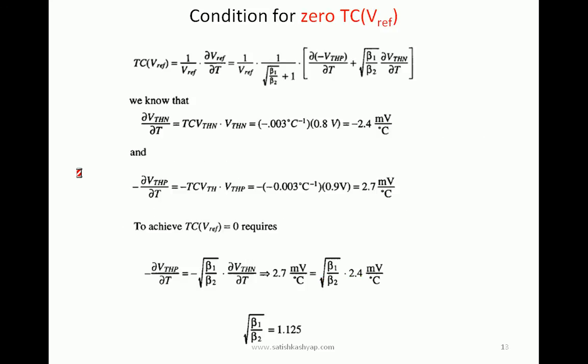Temperature coefficient of V reference, that is the equation, and zero temperature coefficient is nothing but simply equating it to 0. By that time this term entirely goes to 0, and only these two terms remain. If the temperature coefficient of this one and the temperature coefficient of this one are exactly the same, by that time we can say that zero temperature coefficient can be achieved,